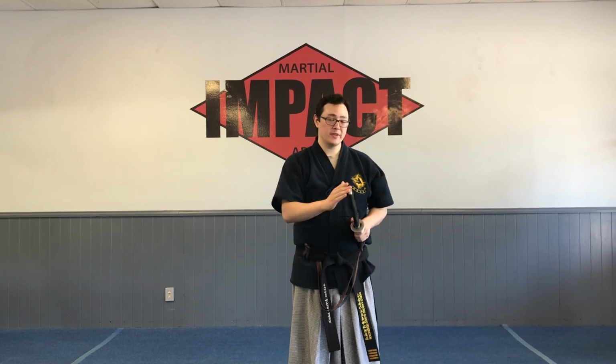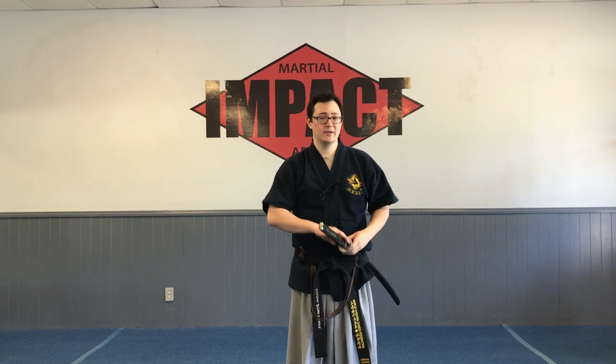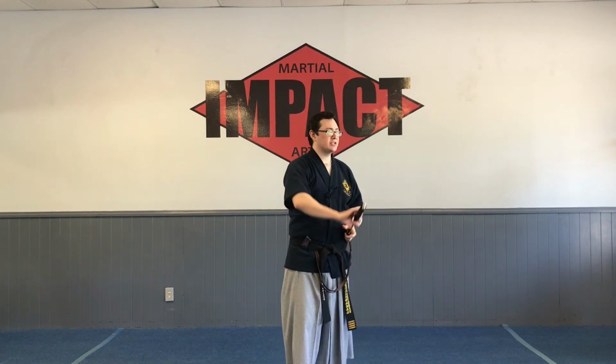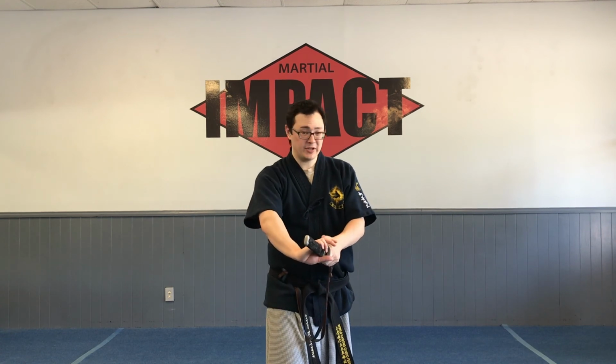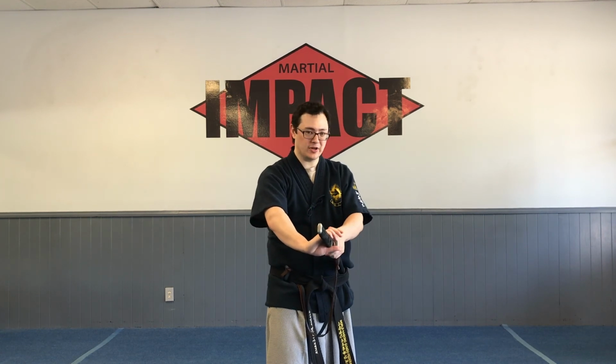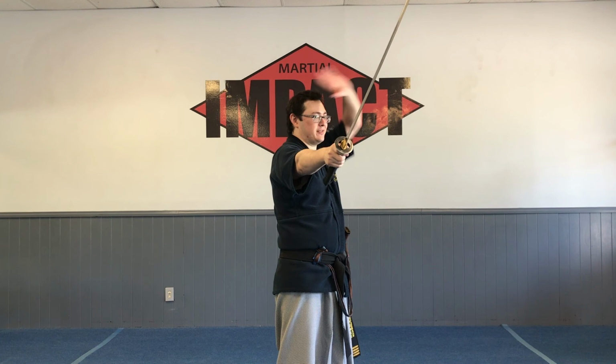If you want to try with this one, try just giving a diagonal cut, for example, from here, diagonal. Or another drill you can do is actually try hitting with the bottom of the sword, right? If someone's coming in, they can have their palm out, or a square target or something, hit the square target, grab, you can actually use the left hand to draw your scabbard back if you need to, pinky, ring, middle, and then strike their head. Again, if they're willing, make sure they're protected if you're actually striking their head, and then draw back into